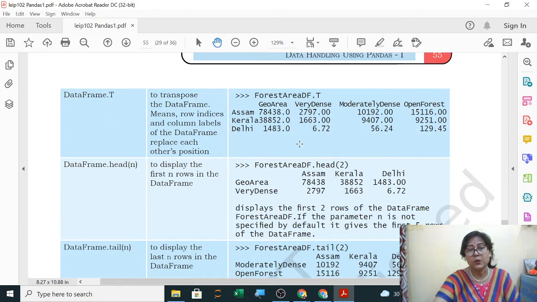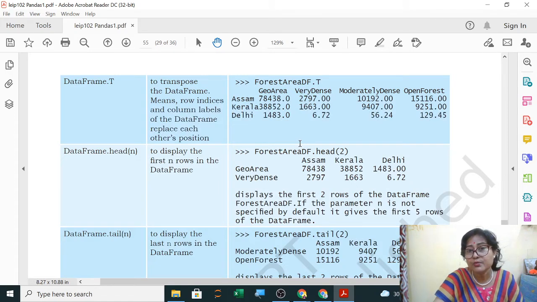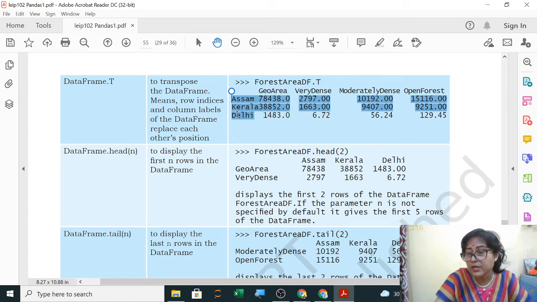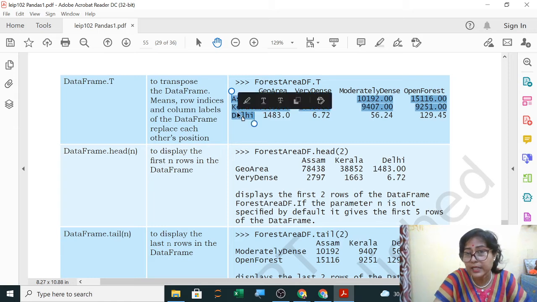Next is your transpose. Transpose means to convert rows into columns and columns into rows. You can see, if you write data frame name dot T, then till now your Assam, Kerala and Delhi were your column labels, but now using this transpose attribute you have converted them into row index.